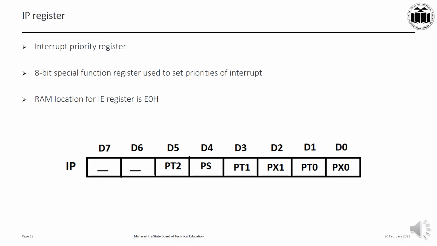So we can alter the sequence of the table given in the previous slide by assigning a higher priority to any one of the interrupts. This is done by programming a register called IP, which is nothing but interrupt priority. Figure shows the bits of IP register. Upon power up reset, the IP register contains all zeros, making the priority sequence based on the table given previously. To give a higher priority to any of the interrupts, we make the corresponding bit in the IP register high.